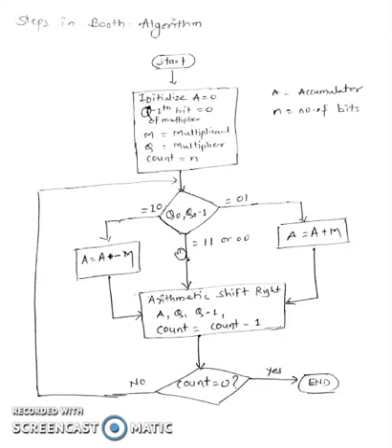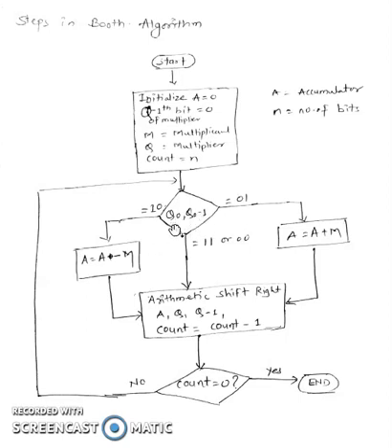Then next we have to check the Q minus 1 bit and the Q0 bit. If you remember, previously we have seen the i minus 1 bit and the ith bit. It is very similar to this, because we have stored that multiplier in the Q register. That's why we have to find the rightmost bit and the 0th bit. So compare these two bits.